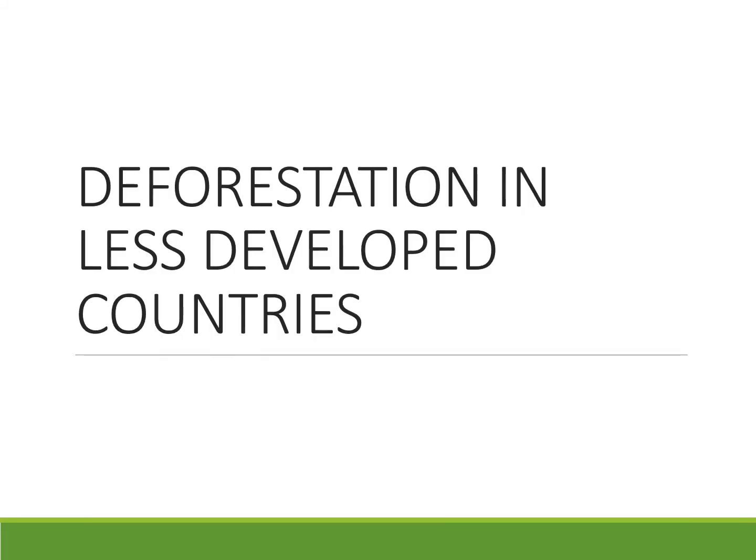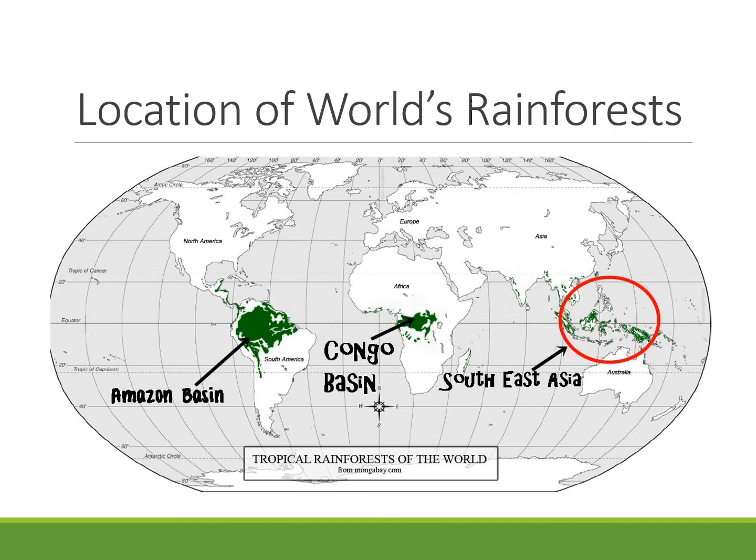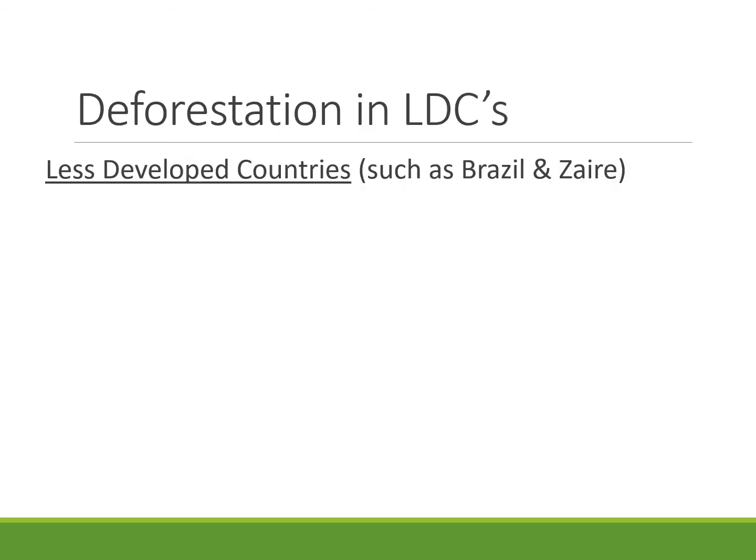All right. What about in less developed countries? In less developed countries, what's going on is a little bit different. And the first big difference, if you look, is that it's usually tropical rainforests. Think about it, countries in Africa are generally less developed. There are a lot of less developed, kind of mid-range developed countries in South America. So in these places, where you find a tropical rainforest are usually less developed countries. I think that's important, why tropical rainforests are being cut down, and the reasons are a little different.